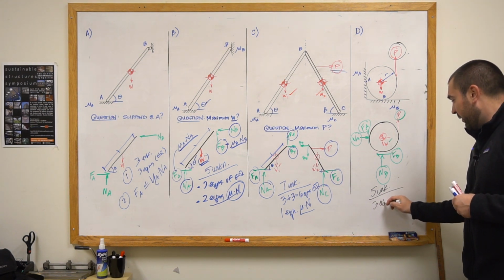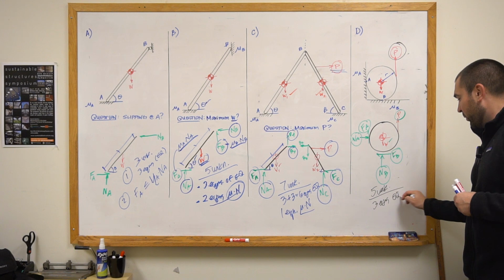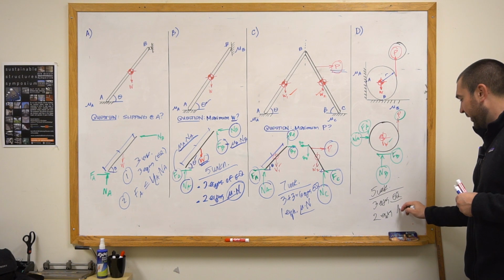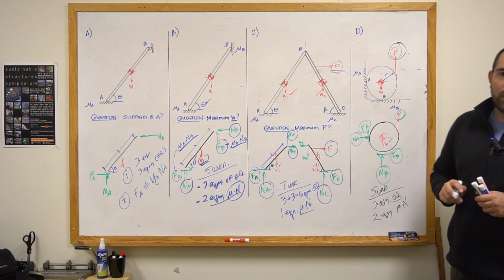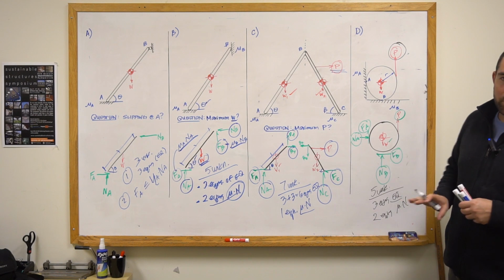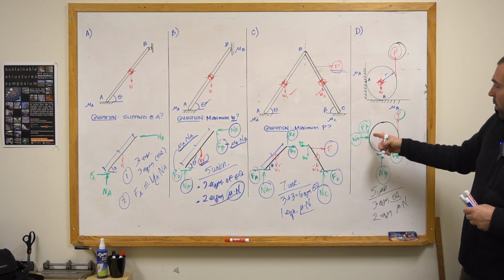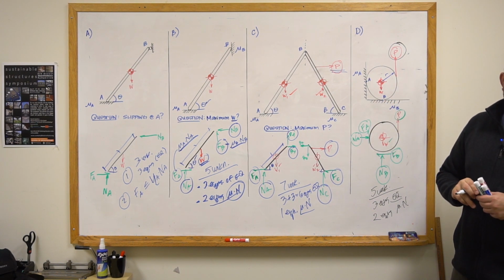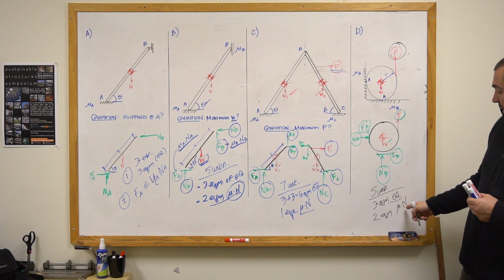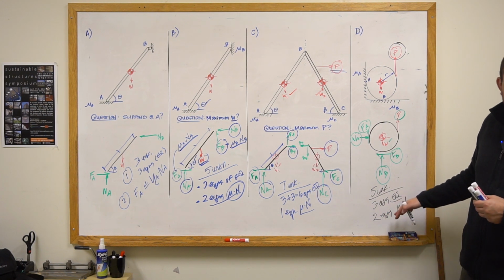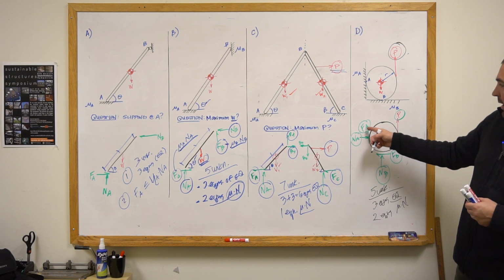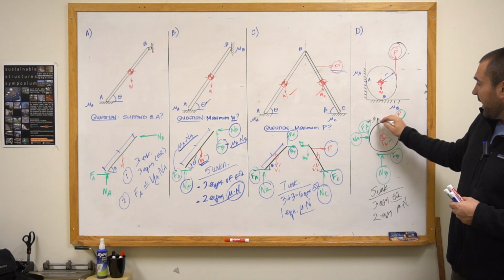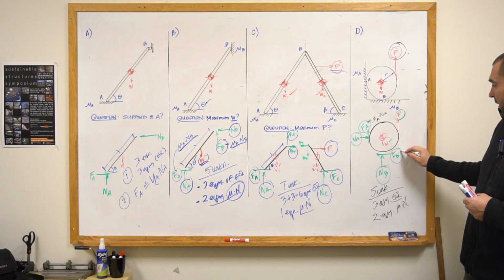Now here I only get one free body diagram, so after 1, 2, 3, 4, 5 unknowns, I get 3 equations just from equilibrium, which means that I need to get 2 more equations based off mu times N, which makes sense based off the system that we're looking at here, because in order for point A to slip and for this to start rotating, point B has to slip as well too. So the 2 equations of friction that I'll get from this problem are going to be FA is starting to slip, which means it is equal to mu A times NA,